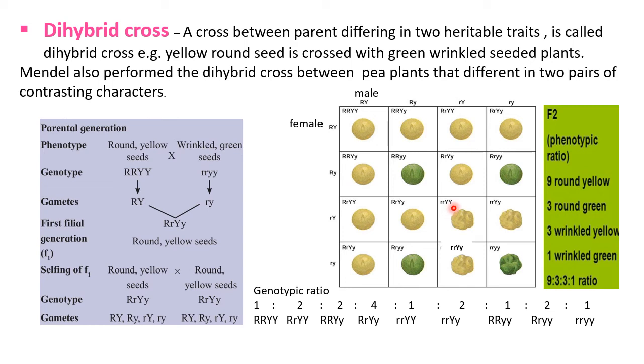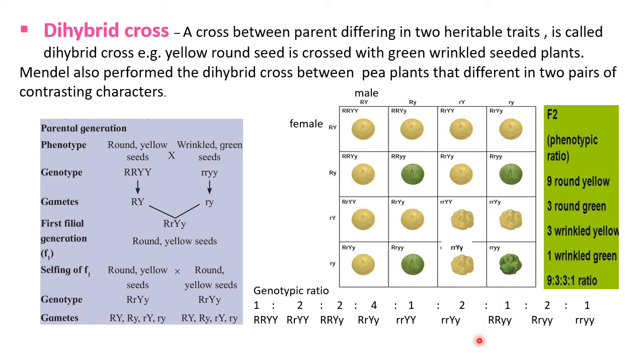It is in the ratio of 1. Then the next combination is both small r, capital Y and small y, in the ratio of 2. Here we see such a combination, that is both small r, then capital Y, small y. Here is another one, that is the second one: both small r, capital Y and small y in the ratio of 2.